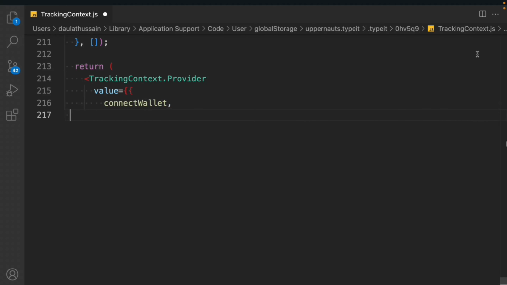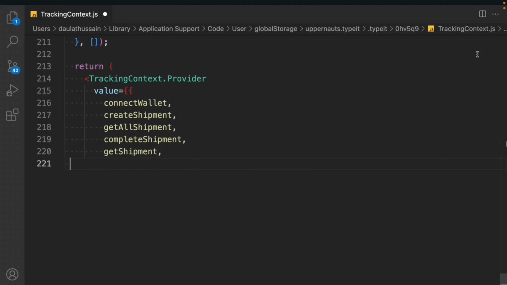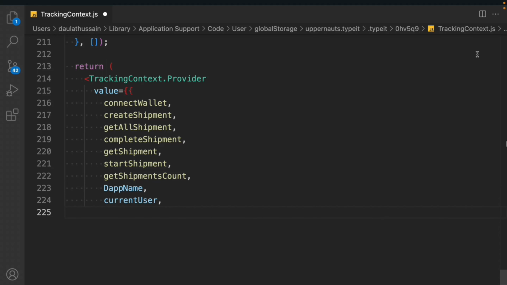This is the function we have created. We'll pass the create shipment, the get all shipment, and we'll have this function called complete shipment. We'll have this function called get shipment, and this function start shipment, and this get shipments count, and we have this one Dapp name, and we have the current user. So these are the functions and the data we are putting into our context, so we can receive